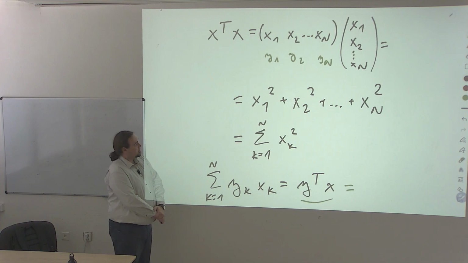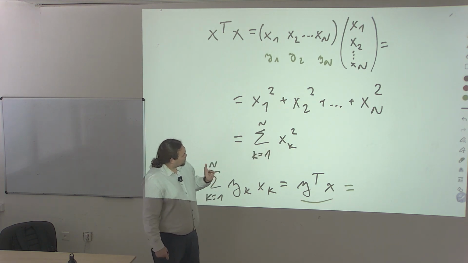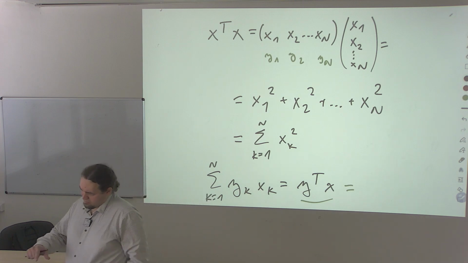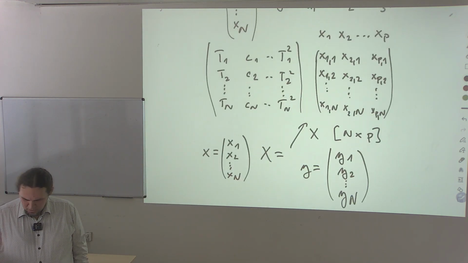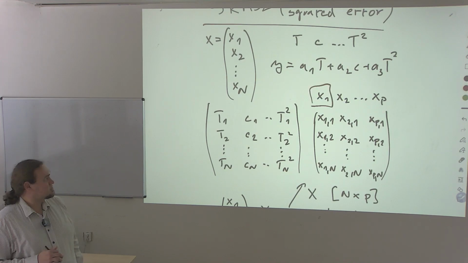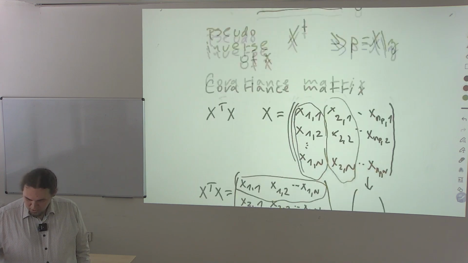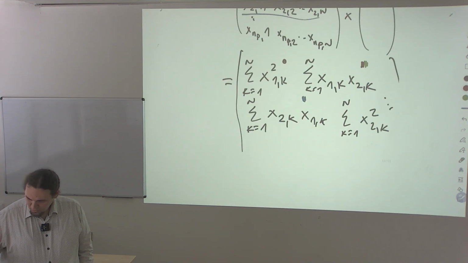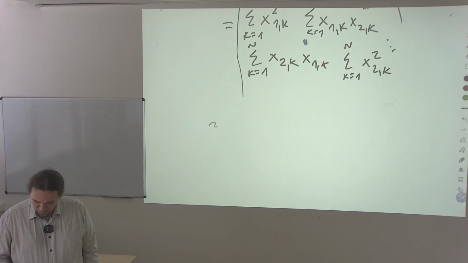We just get the square of x. So if we now take our vector x as the first variable, basically we can be writing our covariance matrix in the form